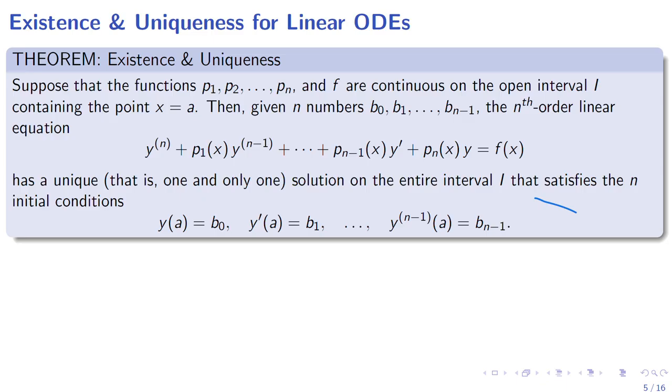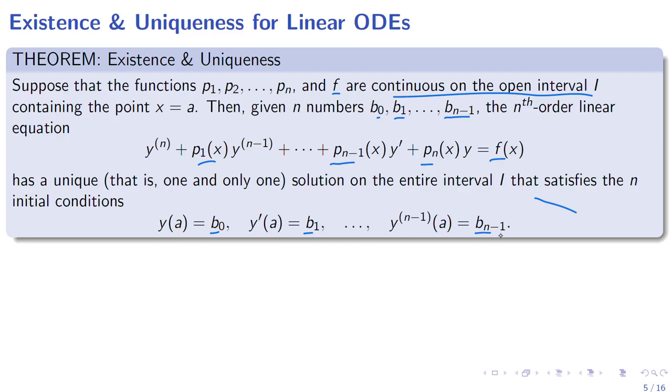The theorem says that suppose the functions p1, p2, all the way up to pn, and f, are continuous on the open interval I containing the point x equal a, then given n numbers b0, b1, all the way up to bn minus 1, these b values, the nth order linear equation, which is this, has a unique solution on the entire interval that satisfies the